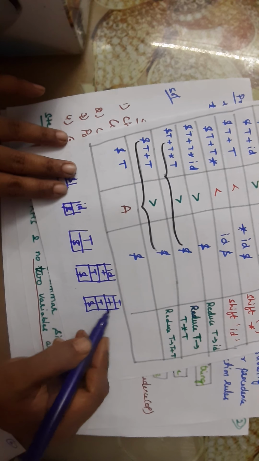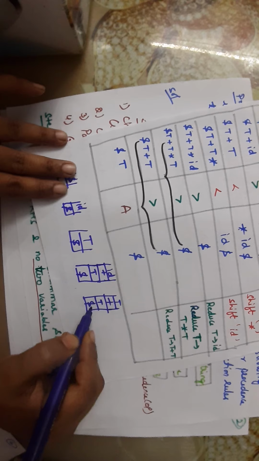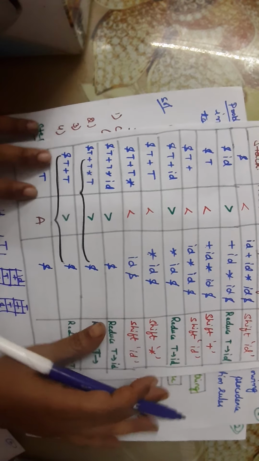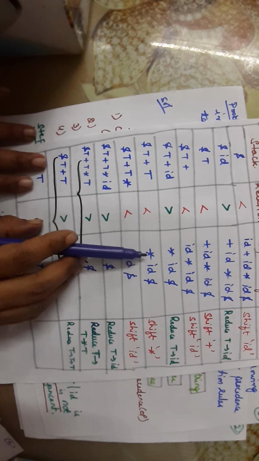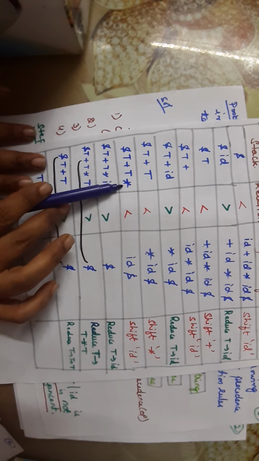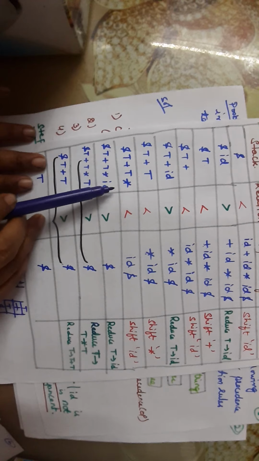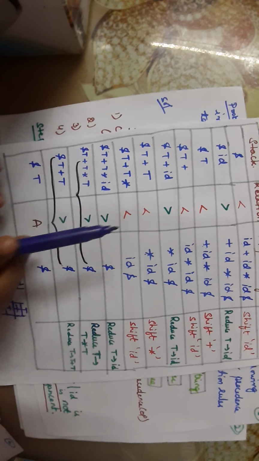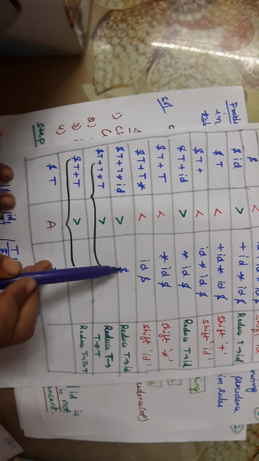Okay, among plus and dollar we have to take the topmost terminal value. So plus is on top of the dollar. So now we are going to compare plus with the star. Here plus is less than star, so shift star here. So again we have done the shifting operation. Again check star with id, star is less than id, shift again id, and again compare id with dollar.